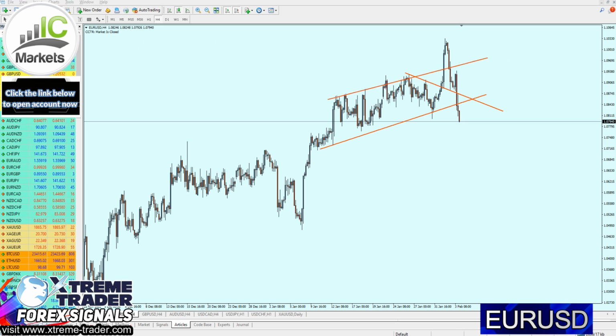So we had right here that channel, as we can see. So we had here the fake breakout from that channel, and then the market went all the way, broke out from that long-term channel for the Euro USD, and right now the bearish breakout has begun. Now, as we can see, we're having right here a strong key support level, which indicates that on the opening of the market on Monday, we can actually expect a pullback, but not for so long, because we're actually going to start shorting the market right on the retest. Most likely it is going to be right here on the nearest strong key support level to the entry.